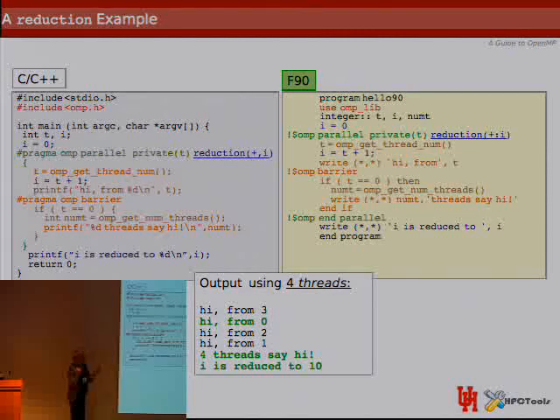Sorry, I'm just moving in and out of something here. It's going to create its own temporary variable to hold that local value, and at the end of the operation, it's going to accumulate them. And it's performing the reduction. Okay? Reductions are extremely common. This is actually, I think, perhaps not such a great example because it's a bit too simplistic. But the idea of a reduction is that you can have something that you don't have to create as a private copy. And oops. See where I can stand in a better place. And you can allow the